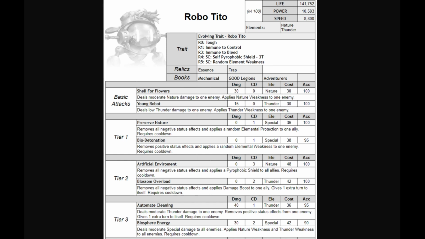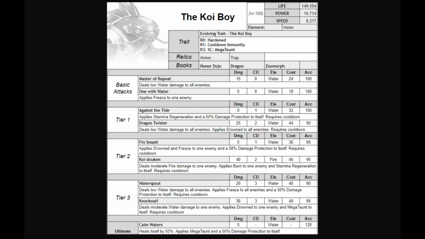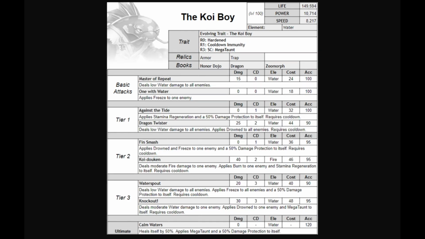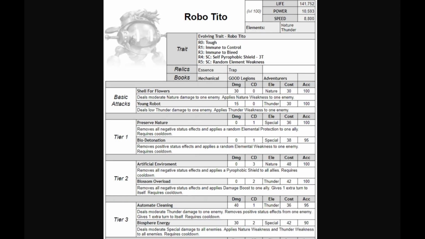Let's say, funny enough, the enemy is using their new Koi Boy from the race, who's a water monster, by the way. You are able to do Automate Cleaning, get rid of the Staticaster Megatons, hurt him a little bit, give yourself an extra turn. You can do Artificial Environment, you can do Blossom Overload, give yourself the damage boost, cleanse any